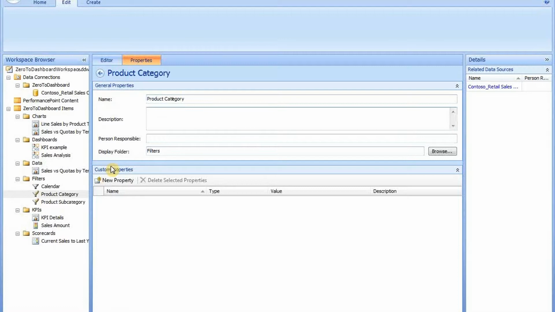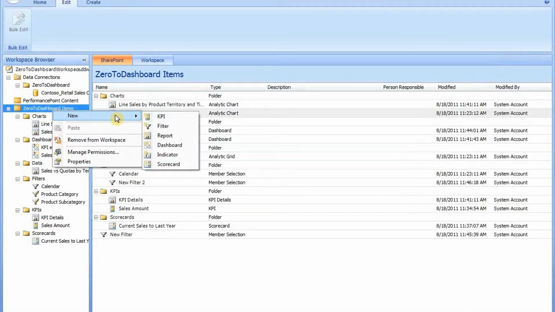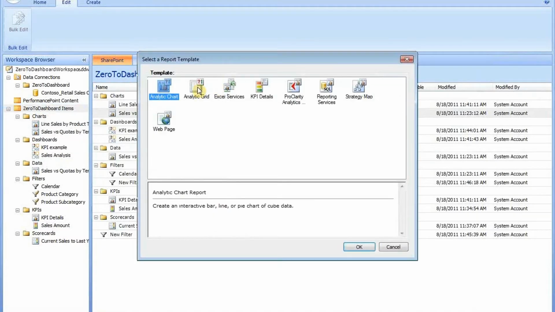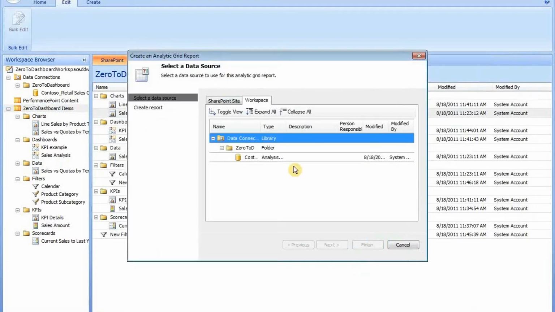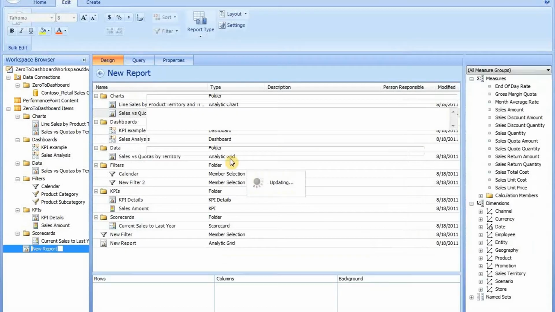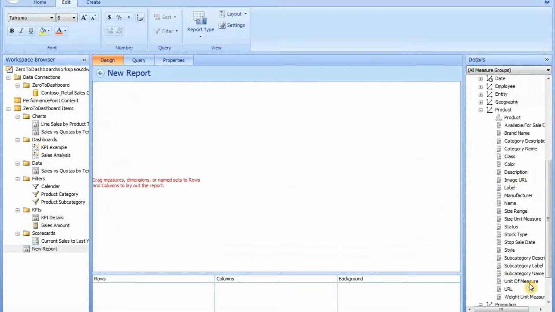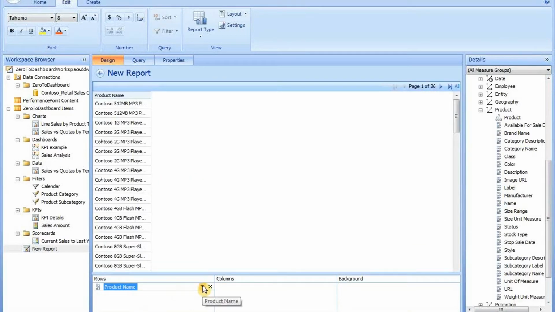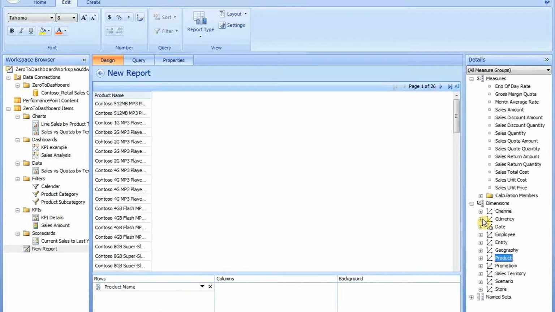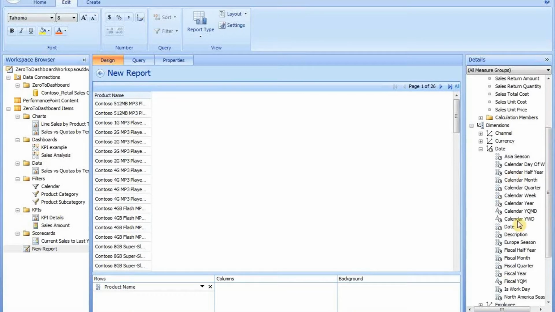Okay, so now we need to create a grid to consume those filters. So I'm going to go to New, Report, Analytic Grid, OK, select my data source, Finish. And I'm going to open up my products and select my product name and drag it to the rows. Next, I'll drag my calendar hierarchy to the columns,